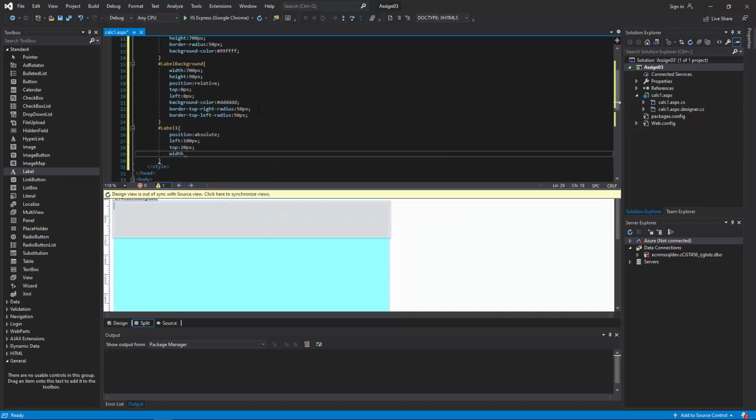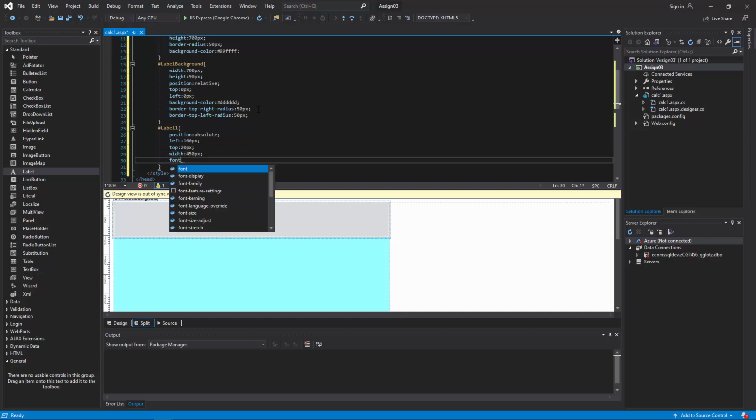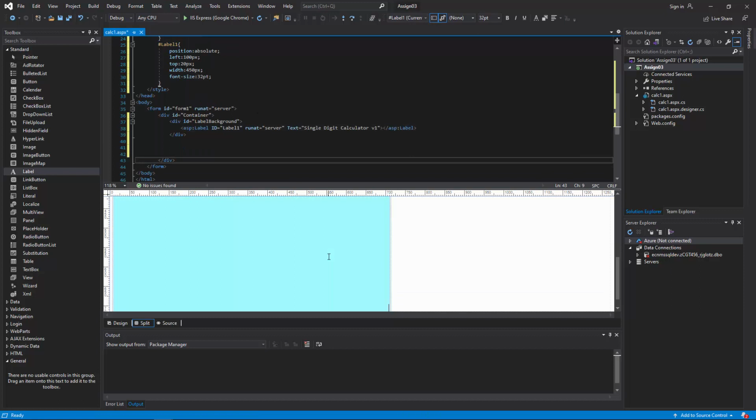Width to be 450 pixels. And we'll set the font size to be 32 point. Click down in here, and there's my heading that we'll have on both of these. So now we've got that